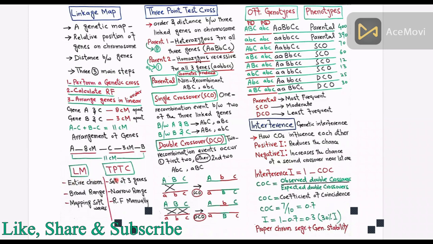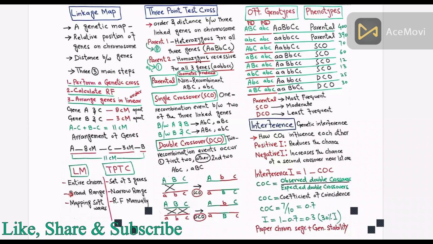What is the difference between a linkage map and a 3-point test cross? The first difference is that a linkage map provides a comprehensive representation of gene locations and distances across an entire chromosome or genome. But a 3-point test cross analyzes a specific set of 3 genes to determine their order and the recombination distances among them. The second difference is that a linkage map